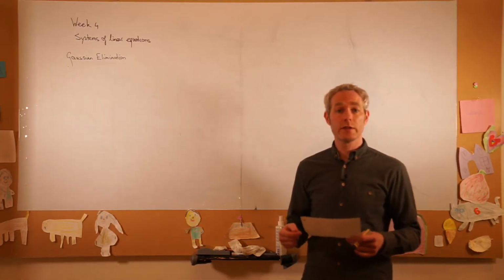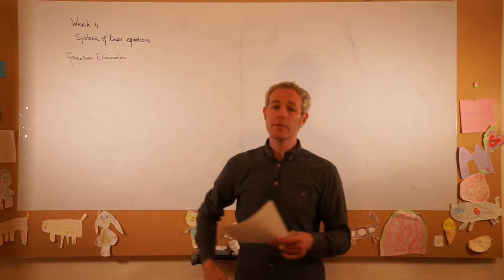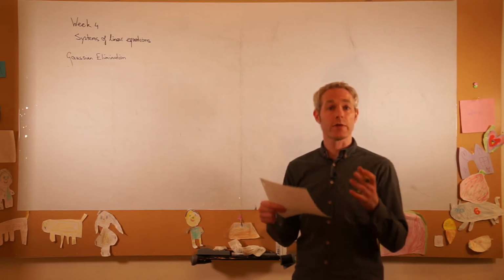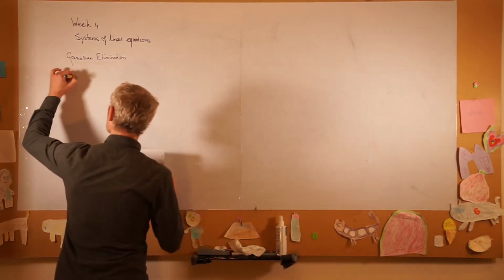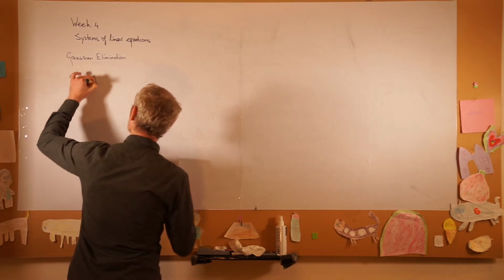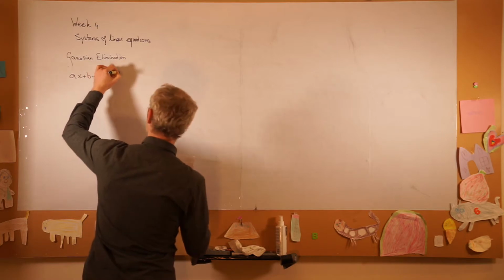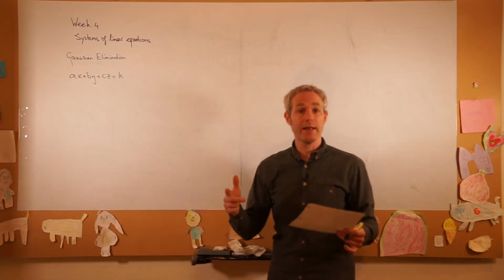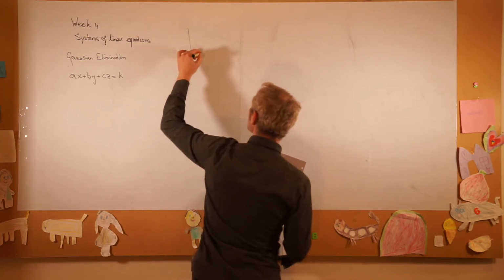We will continue this series of videos with Gaussian elimination and finding the solutions of a set of 3 equations with 3 variables. But a brief recap: the equation ax plus by plus cz is equal to some value k. This is the equation of a plane in 3D space. So we're looking at finding solutions